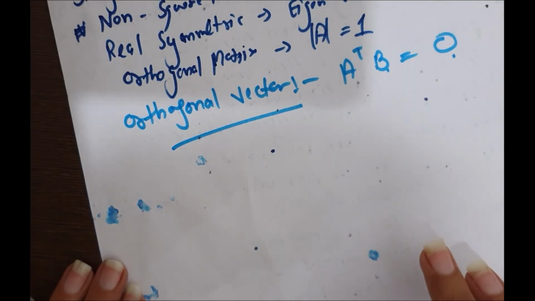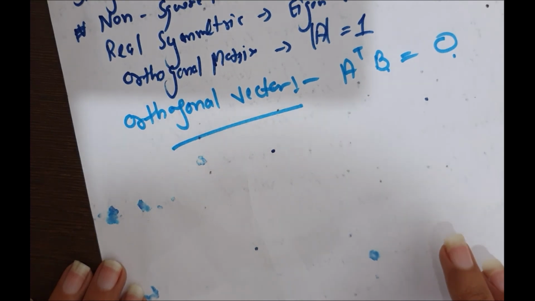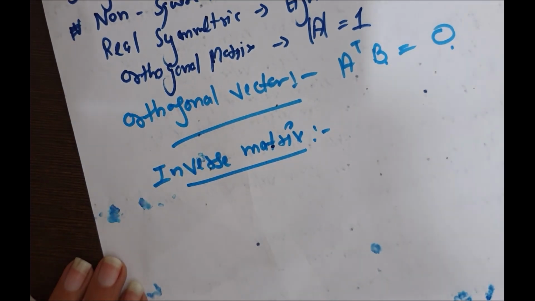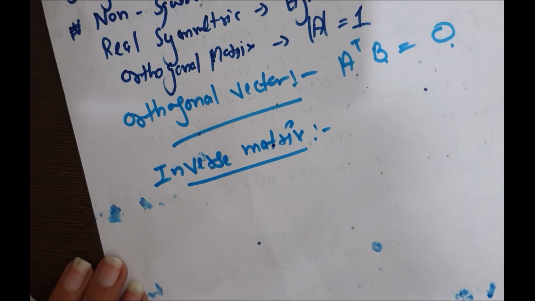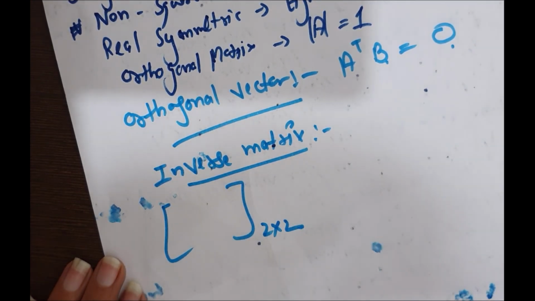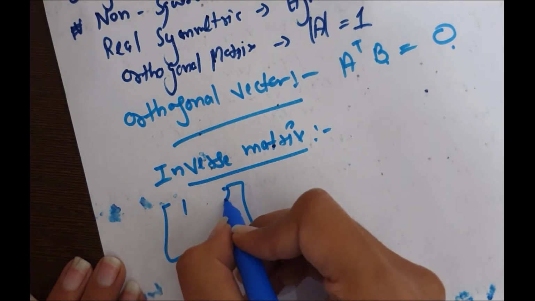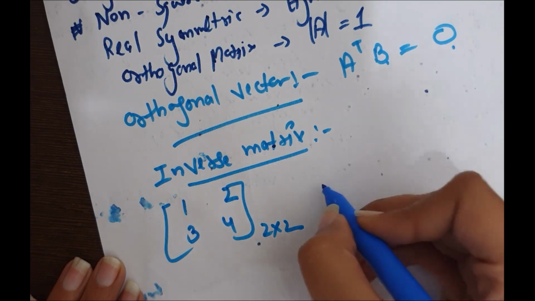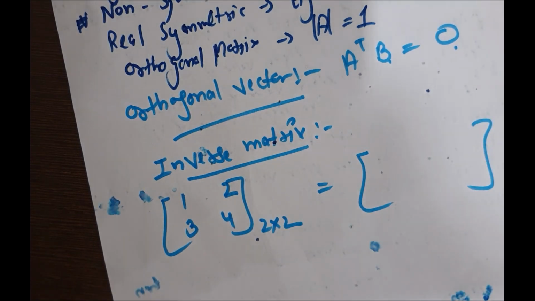Now the last thing that I forgot to tell you about the inverse of a matrix. Now one simple trick to find the inverse of a 2 by 2 matrix that I forgot to tell you. This is not applicable on higher order matrices. This is only applicable on 2 by 2 matrices. If we have this matrix of 2 by 2, to find the inverse of a matrix of order 2, you don't need to go for cofactors or adjoint of a matrix.